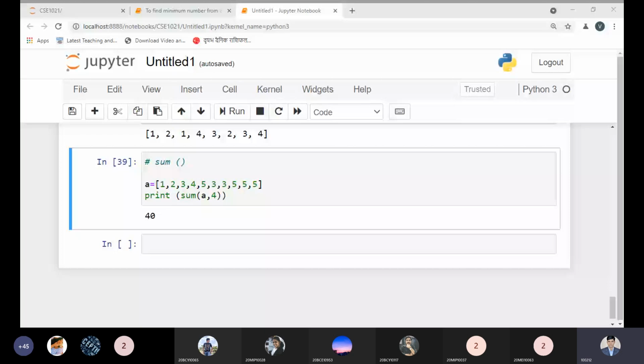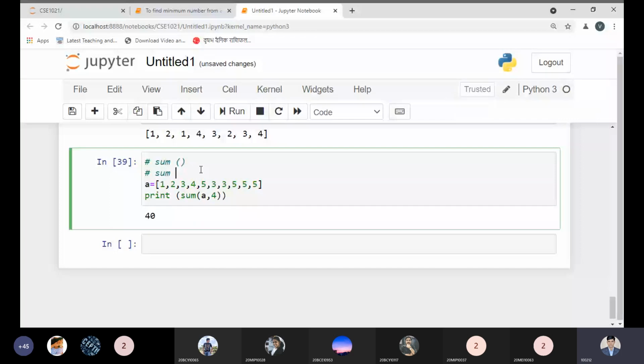So if the start is 5, and then 1, 2, 3, sum will print 15. Okay, I get this point too, but from this point we are getting something that should be started by 14. So let me clear it once again.